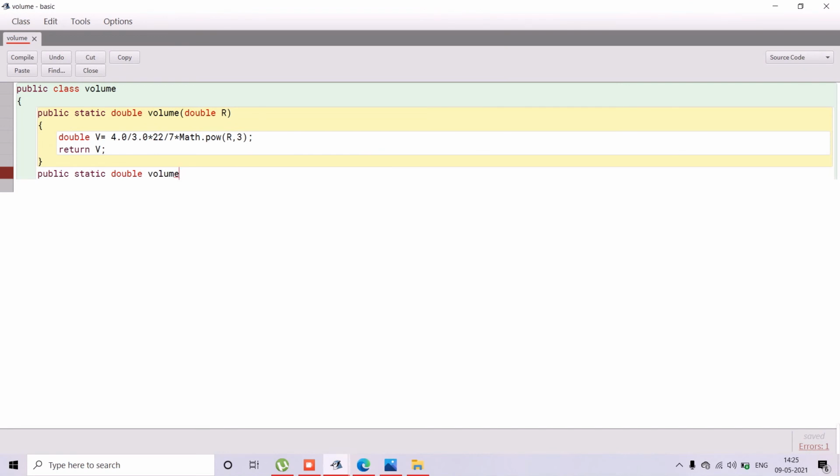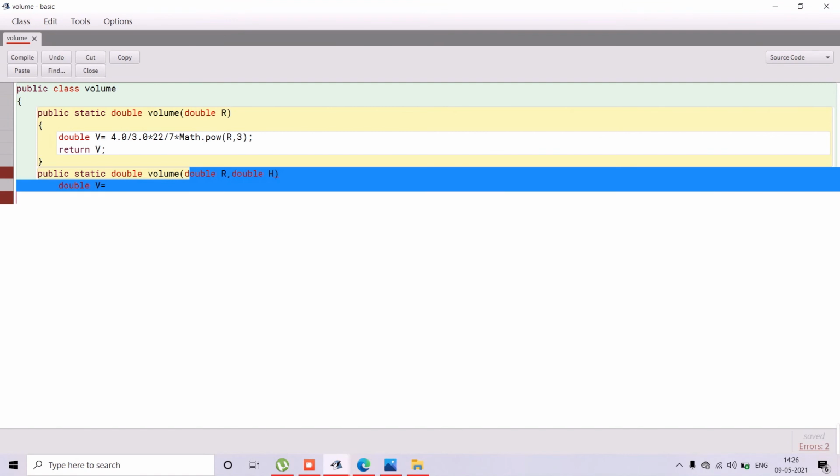So we now have to assign two variables, one double R, then we have to put a comma, double H. And remember, we can assign as many functions as we want in that public class. In any class, we can assign many functions. So double V is equal to, but remember we first assigned it here, so we have to assign it again now because another function is coming.